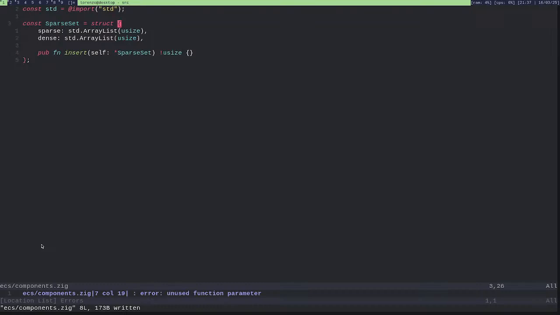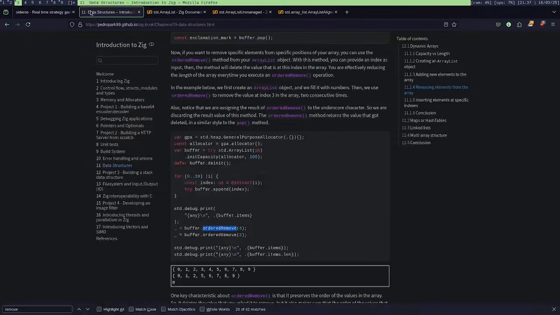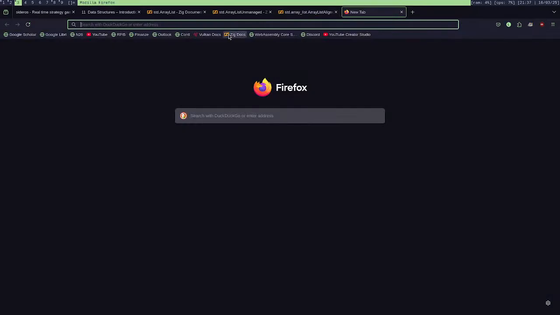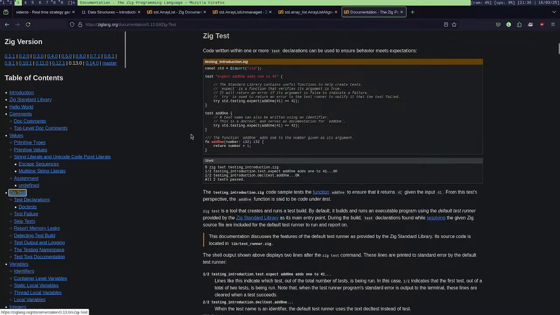Okay, and I also wanted to use zig testing because I never used that. So how does zig testing work? Okay.